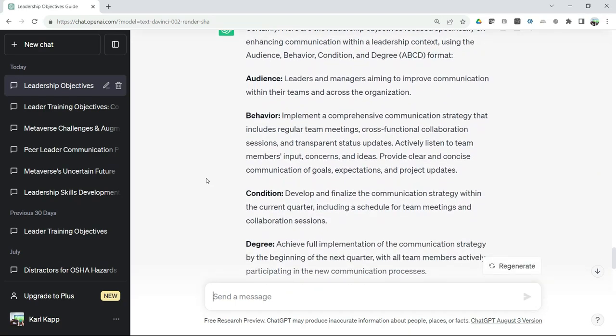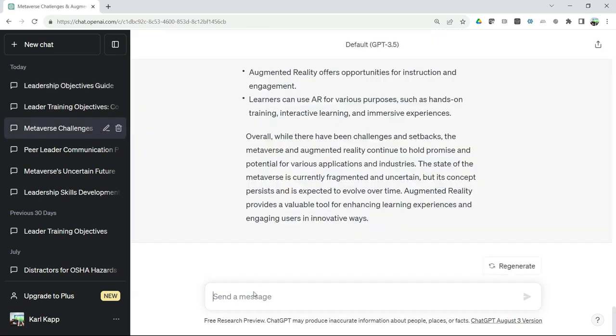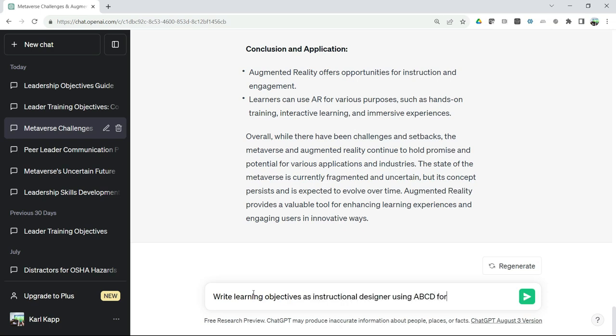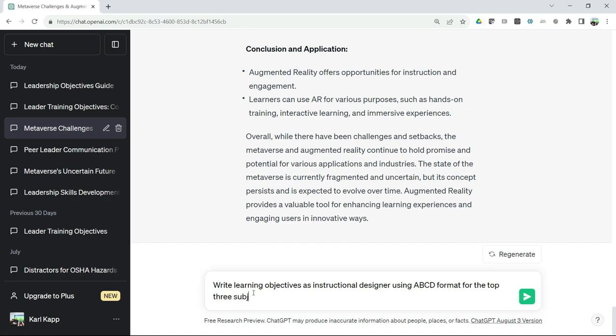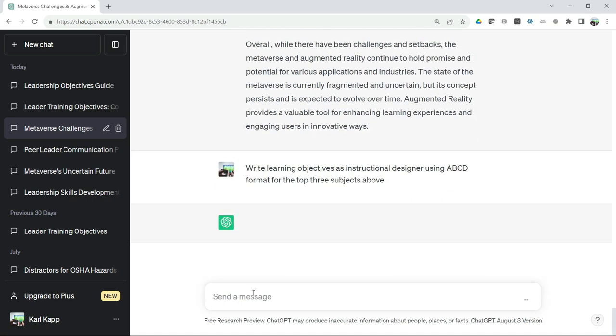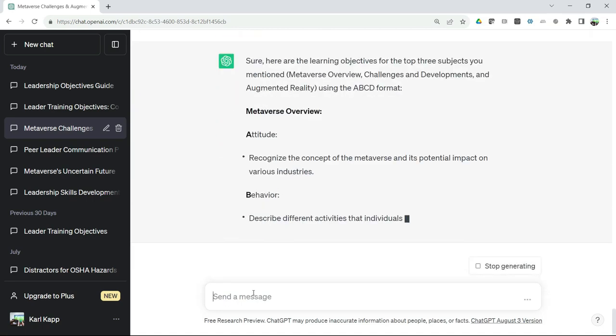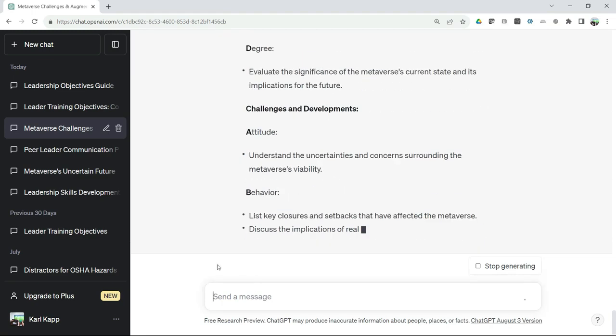So the idea is it can generate initial objectives. As we saw before, it could take objectives from other content and put them in. We can say write learning objectives as an instructional designer using ABCD format for the top 3 subjects above. And I hit enter, and now it's going to go ahead and give me these objectives, attitude, condition,